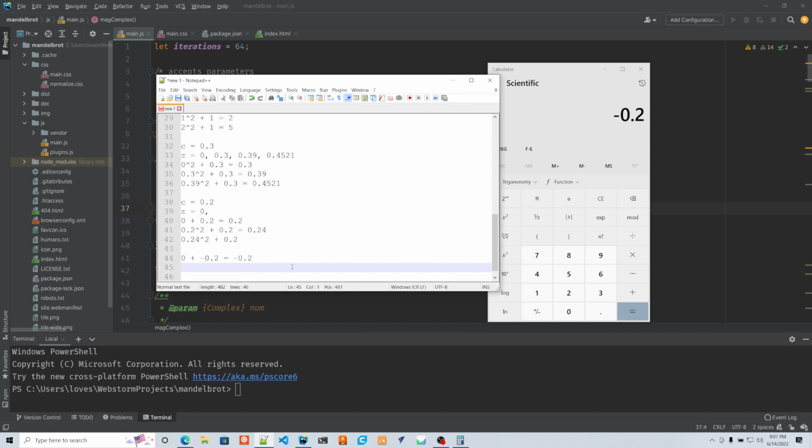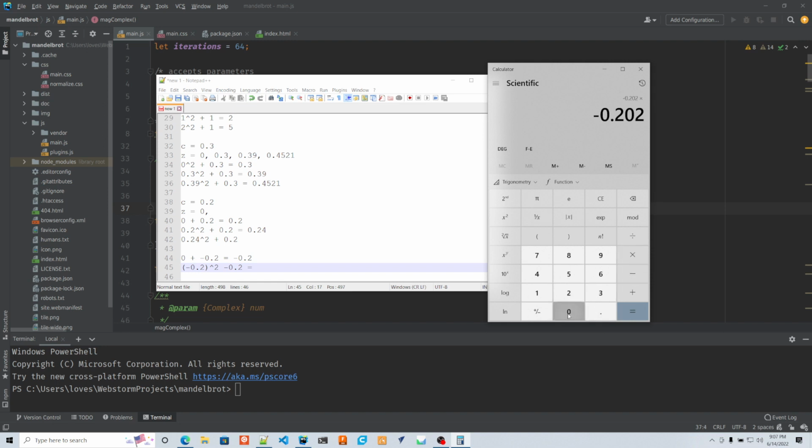And we're going to take minus 0.2, square it, put that in parentheses so you know the minus part is getting squared too, minus 0.2 equals,